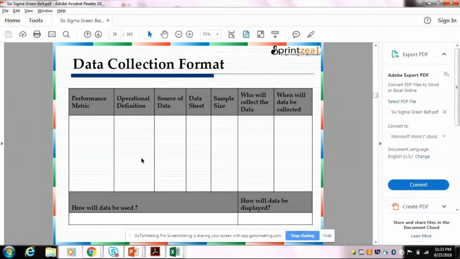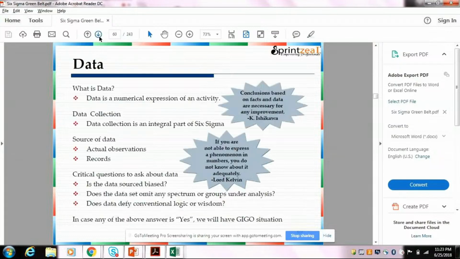Because in this project we will not be able to change the entire thing. We will not be able to go ahead and change the world. So we only need to work on the vital few causes which are making the maximum impact, right? And that is based on the Pareto principle, the 80-20 rule. All right, now